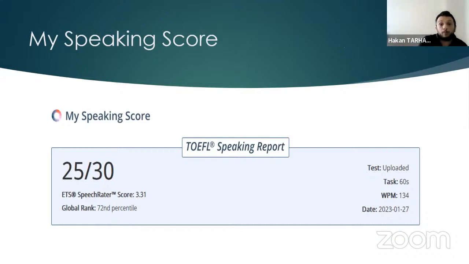and your words per minute score. Now, how is this relevant? The words per minute. The test takers at the good level, those getting between 26 and 30, utter 158 words per minute on average based on our analysis. But those at the fair level, they utter around 137 on average. So, saying around 150 words per minute should be a target, and the score report on My Speaking Score can easily